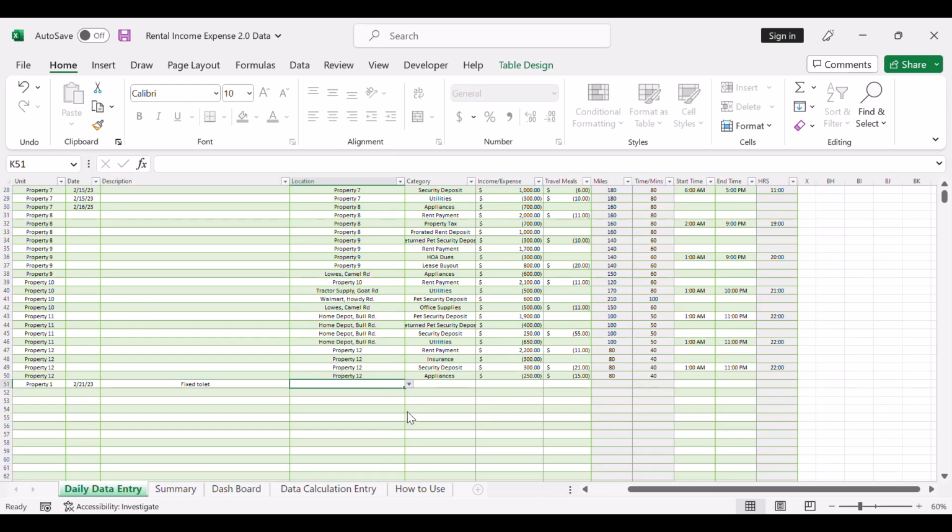You type in, you just go to location, property 1, and it generates, so you can see that it generates the miles and time for you automatically. And then if you spend, let's say you had to buy some plumbing, so you say supplies here, and you hit, let's say $100,